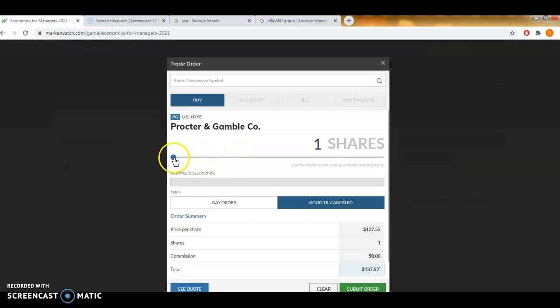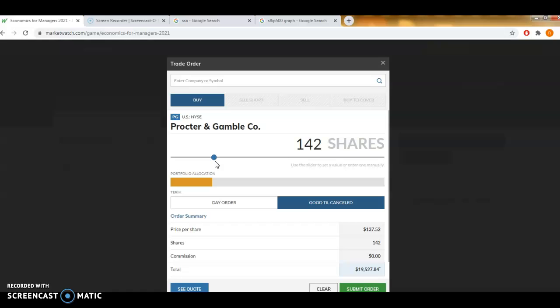Now I can slide this graph over and buy any amount of shares that I want, though I don't seem to be able to make this fractional shares. What you'll also notice is that as I slide the graph over, it changes the portfolio allocation. A lot of people, for example, want to buy 4 stocks and make them all around 25%. So they pick approximately a quarter of the $100,000 to start with, and they don't want to go over that